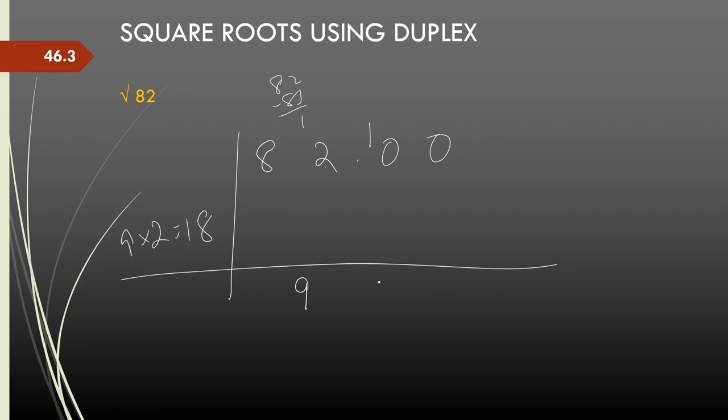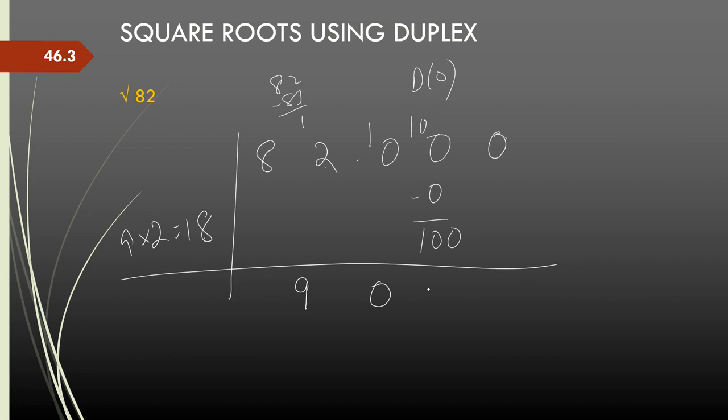Now, 10 divided by 18 gives me 0. So, the carry forward is 10. So, the next number here is 100 because 10 is the carry forward, and then I have to take d of 0, which is 0 itself. So, here the number is 100. Now, let us put another 0. Let us say we want one more decimal.